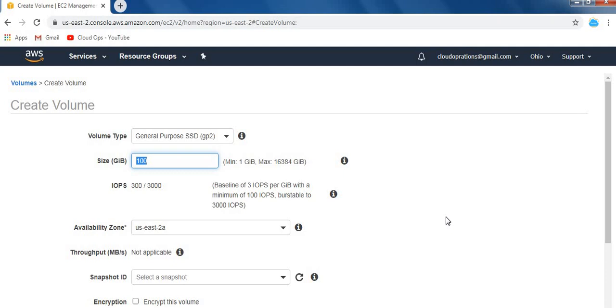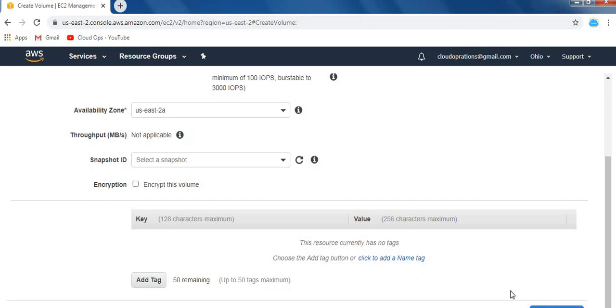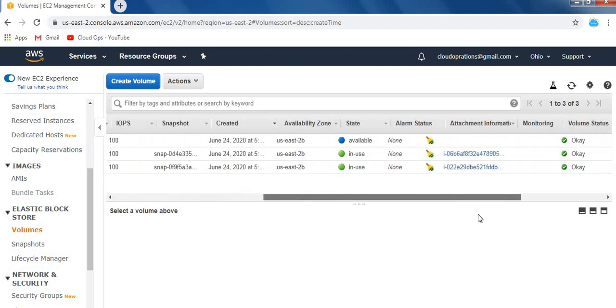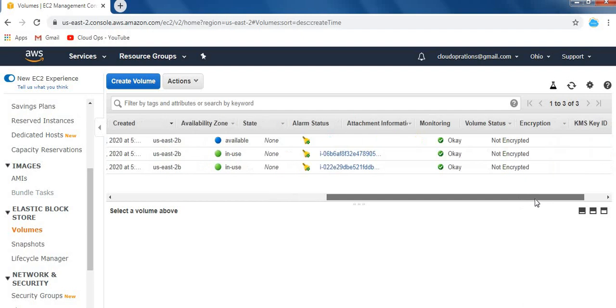So I gave 2 GB, then select the availability zone and go ahead and create the volume. So I have already created this volume. You can see here 2 GB and it is available and not attached to any instance.